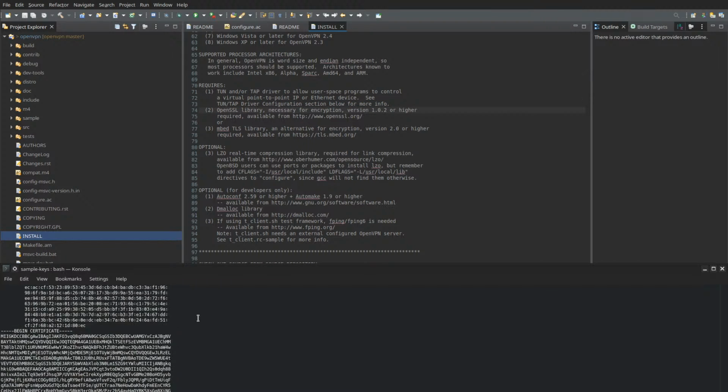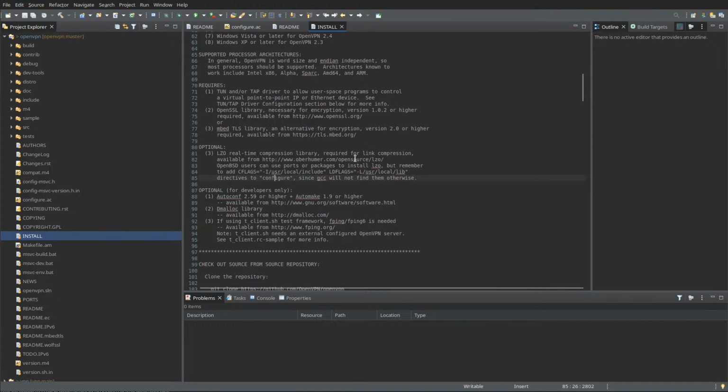It's the software I used to open the certificate, and that's what they use for managing the encryption. Available on OpenSSL.org, or the mbed TLS library.